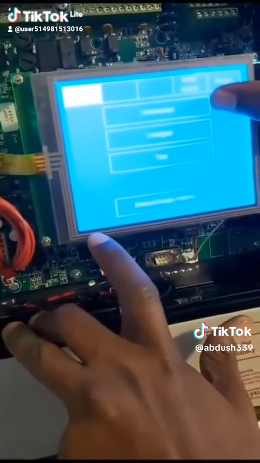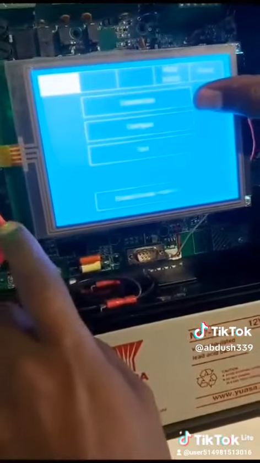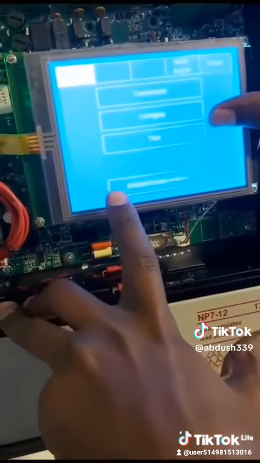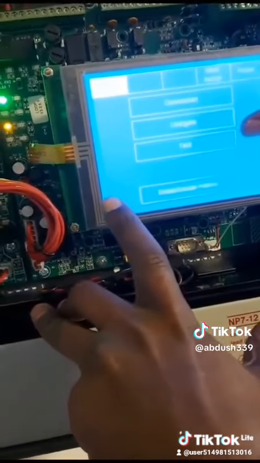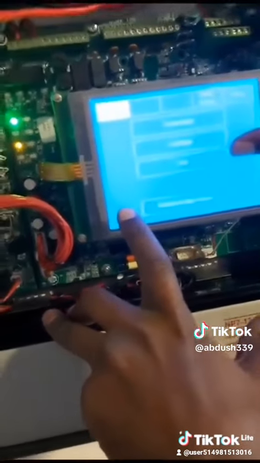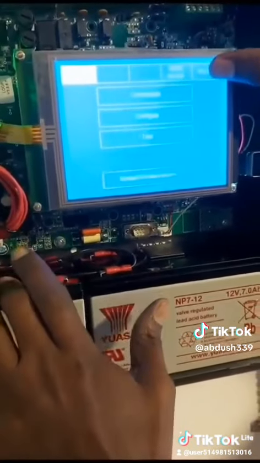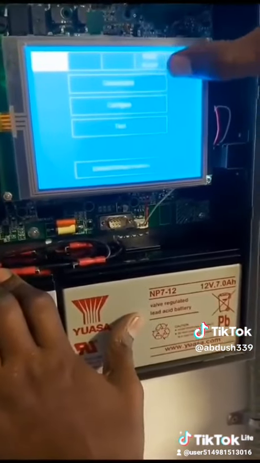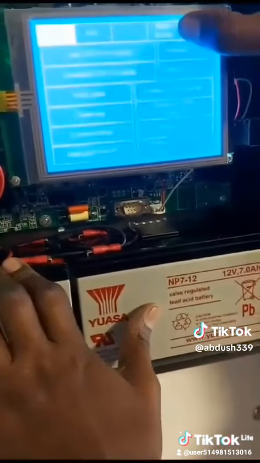As you know, the commission is for the programming and the configuration is for the hardware of the fire alarm panel, and we have a test for when we see the panel showing a fault, low fault or open wire, to test device by device. Okay, first we do the programming for loop 1, and I press commission as you see here.